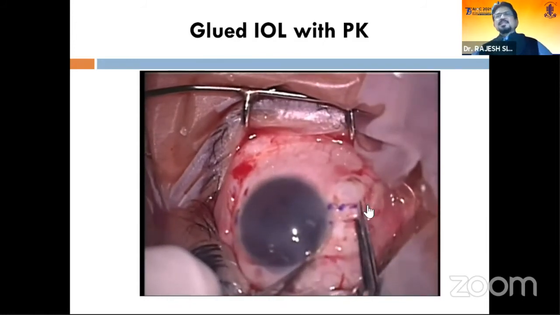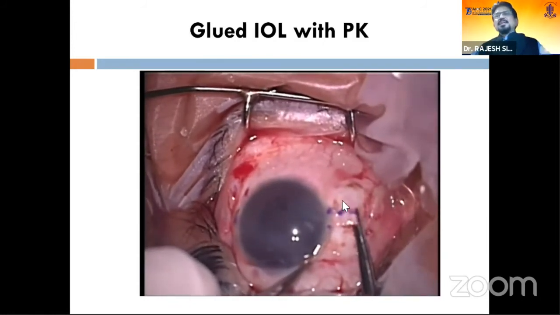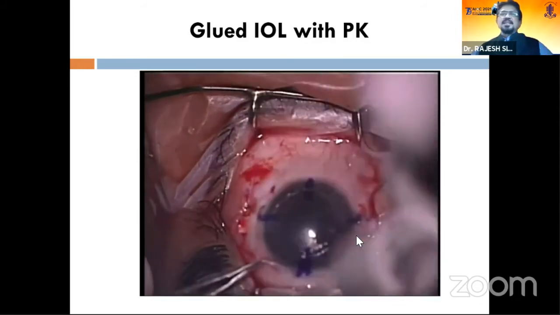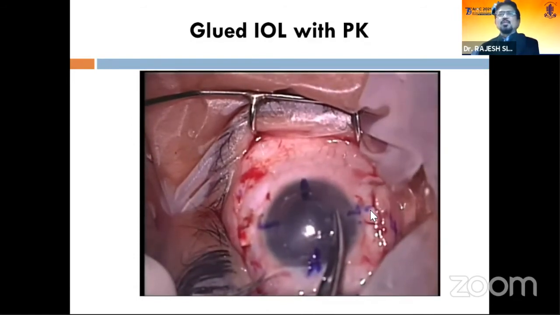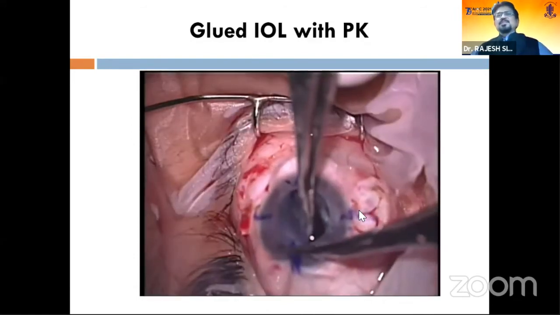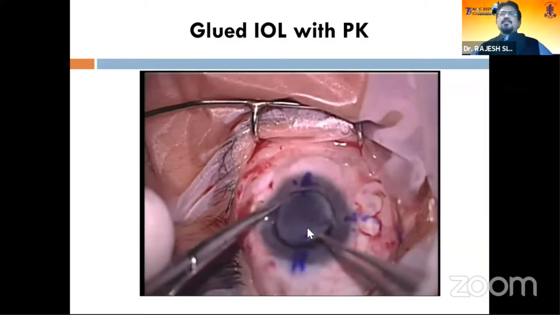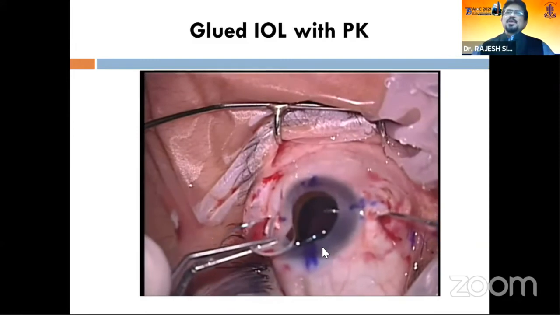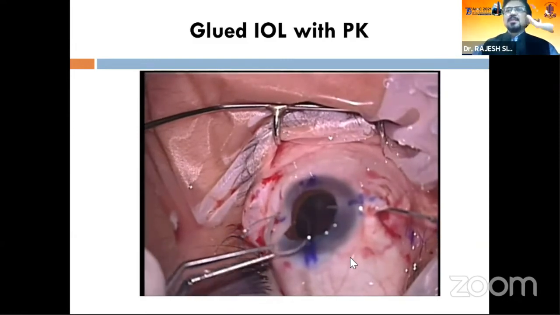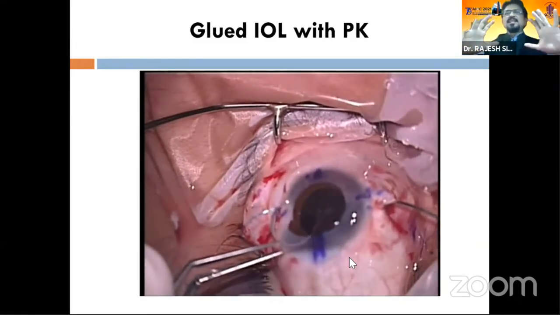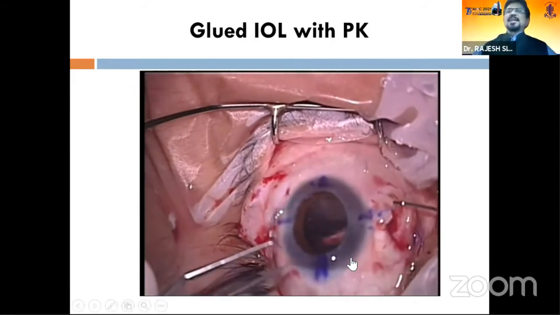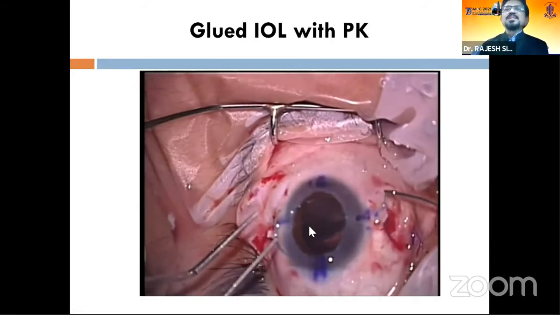So the procedure is the same. The groove is created in a similar fashion as was mentioned in the study, and then the full thickness graft is done after creating the groove, because the groove has to be made when the pressure of the eye is well built up, and then you open it. So if there was very reasonable hypotony in the preoperative condition, then in that case you can do an open sky